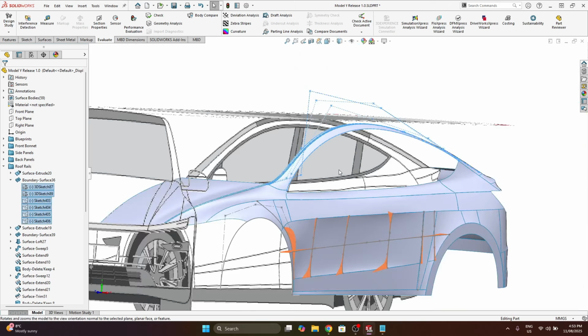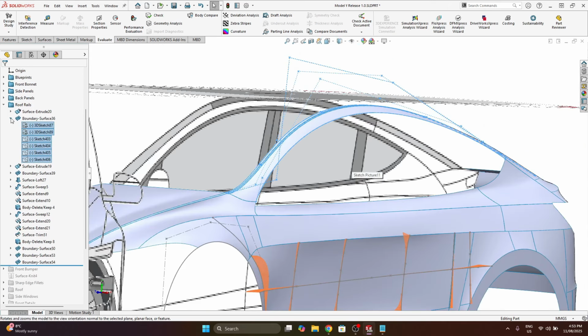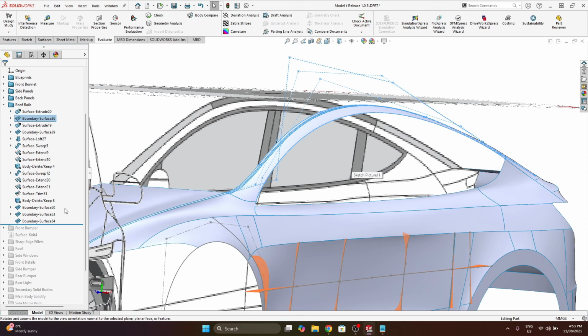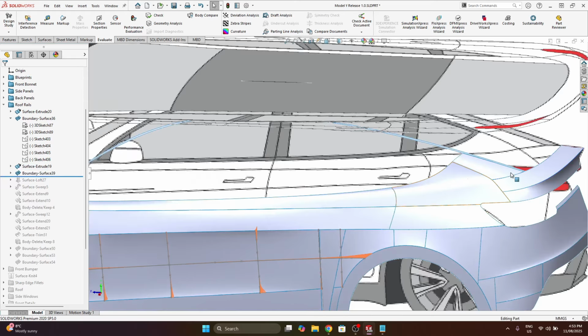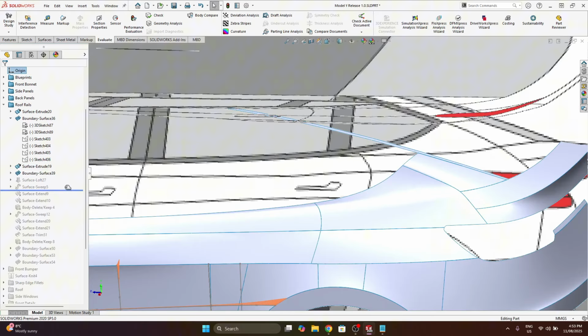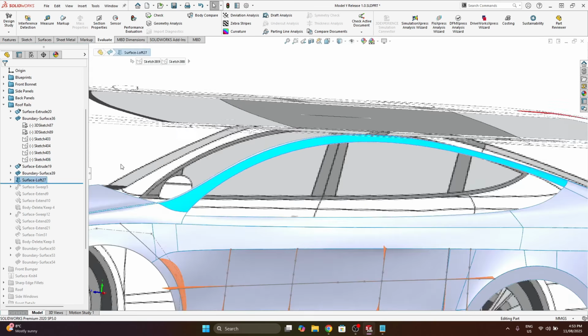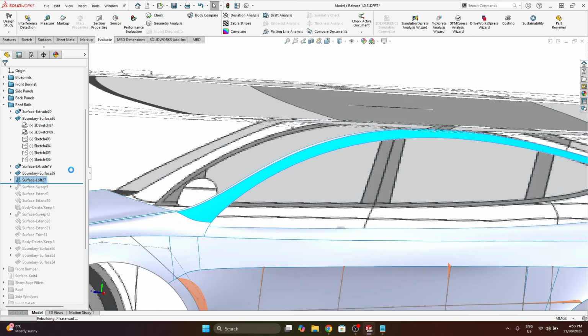So, I won't go into too much detail there. Might actually just touch on one of these. So here, I found the surface loft was giving me better results, and